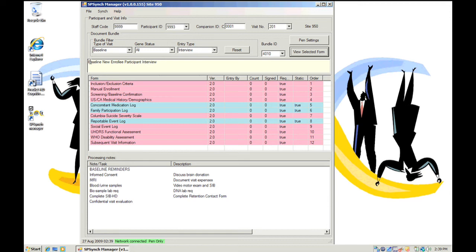You can see in this first text box a little bit of information that describes this as the work bundle for baseline, new enrollee, participant interviews. So the first thing that you need to do is the inclusion-exclusion criteria. And the electronic CRFs are ordered in here approximately in the way they should be administered. So if I select the inclusion-exclusion criteria,